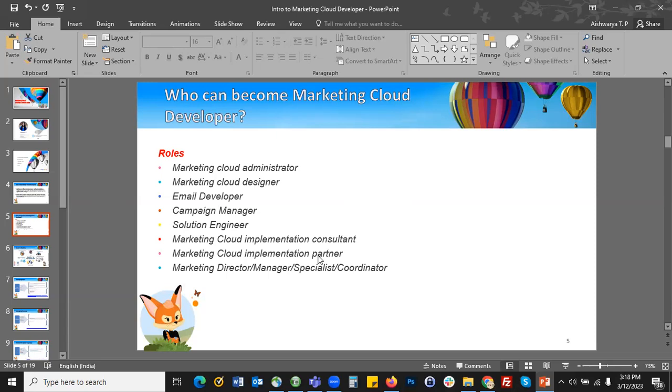Whoever is with us in this bootcamp might have also seen the Marketing Cloud platform, maybe not with hands-on experience, but maybe virtually you might have experienced how the tool actually looks. Most of the things are drag and drop. All the user interface you have seen so far is drag and drop. But how would a developer actually work? How can you become a developer, and what are the skill sets required? Some of you might already have these skill sets, but if you are very new and don't know what they are, this particular section is for you.